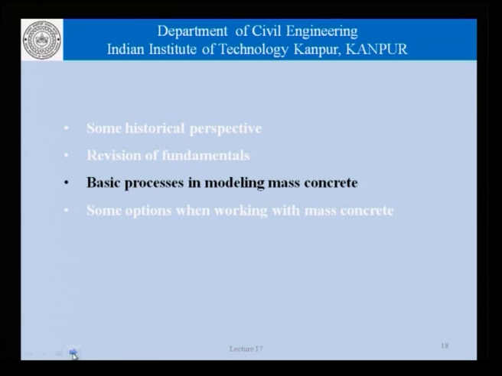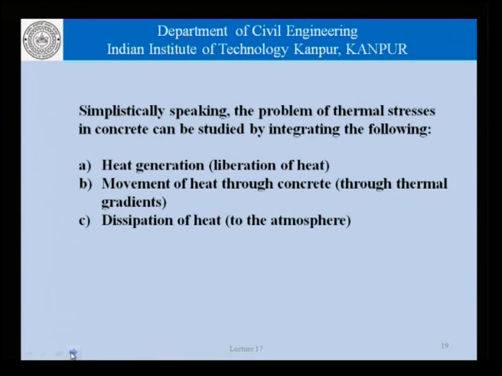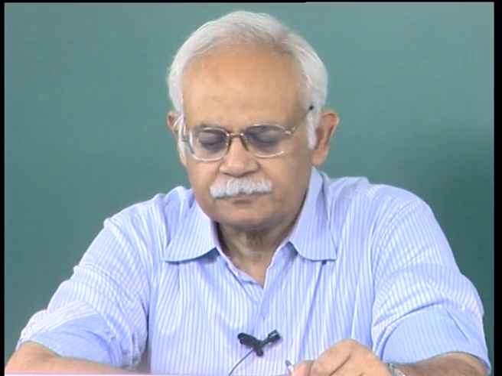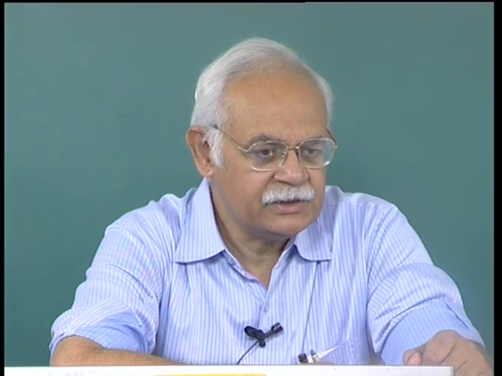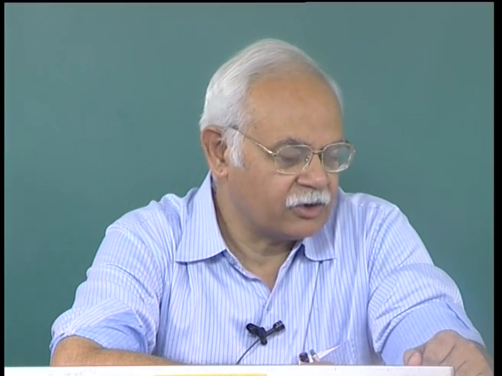Having done all that, we had discussed the 3 basic processes which are involved when we model mass concrete: the heat generation or liberation, which is related primarily to the cement content and the characteristics of cement, fineness, chemical composition, and so on. We had talked about the movement of heat through the concrete through thermal gradients, and the dissipation of heat to the atmosphere depending upon the characteristics of the surface against which the concrete is cast,